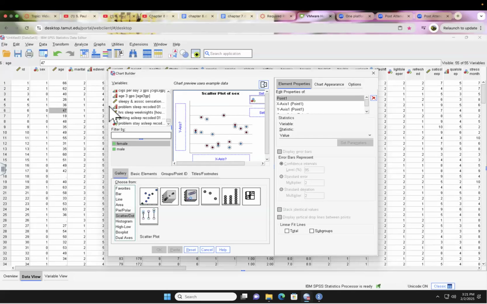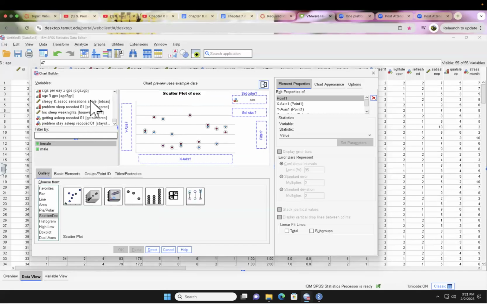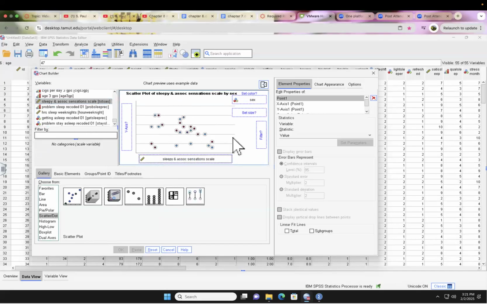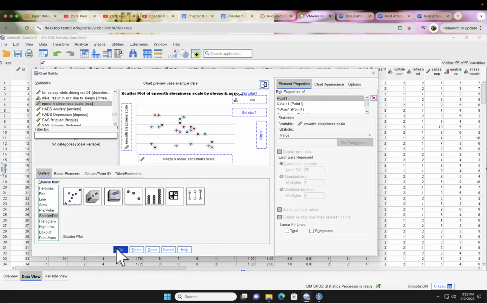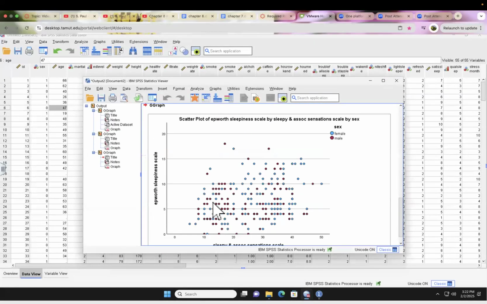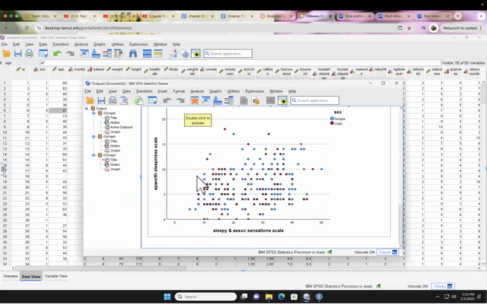And drag it out a little bit more so I can see it. And then I am going to put my Epworth scale on my Y. Okay. So from there, I'm going to also come down and press OK. And what I can see from this scale is that from the sleepiness scale is my